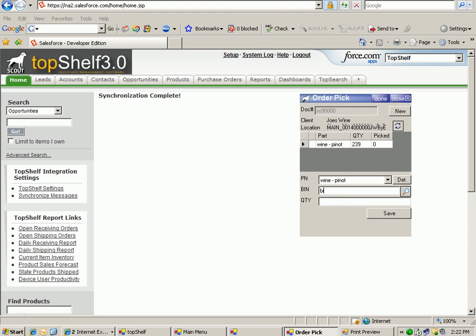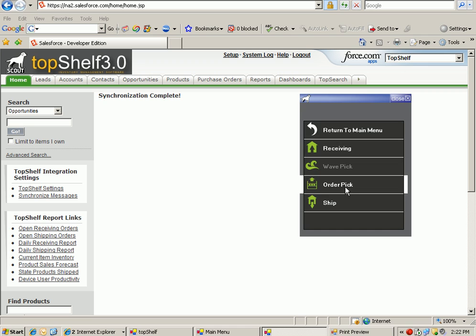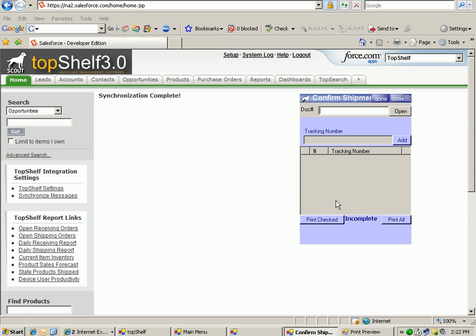So I'm going to go ahead and scan in bin 1 to confirm I'm pulling it from there. Quantity 239, and press the save button. Once the save button has been pressed, you'll notice that now 239 have been picked. So that's ready to be shipped out the door. And the way we confirm shipment is we close this screen, and now we confirm shipment through our tracking system. So I can scan in sales order 90,000,